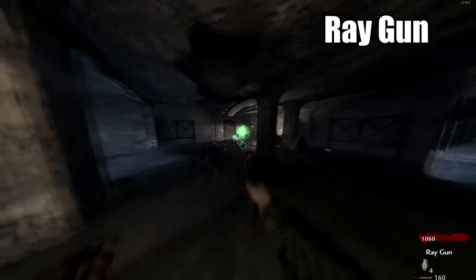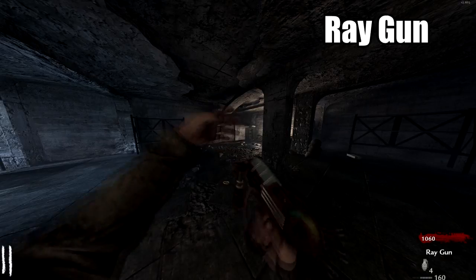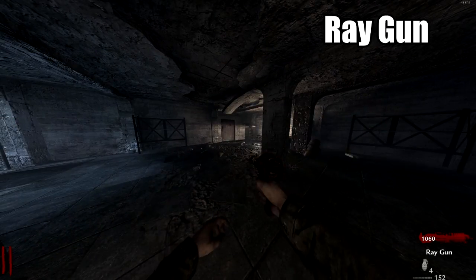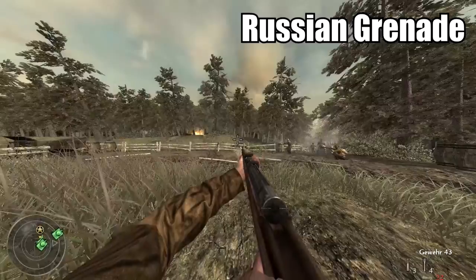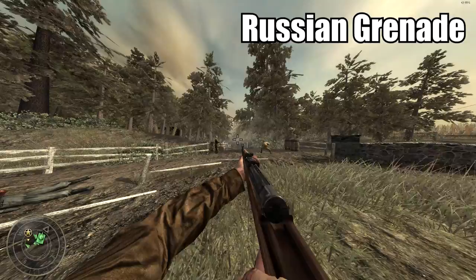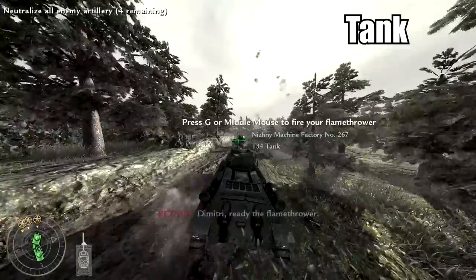And of course, you can't really have special weapons without talking about the ray gun. You can get this in campaign 2, I just didn't. I got it in Nacht, because I'm lazy. Anyway, the Russian grenade, it looks different. I would have the German grenade too, but